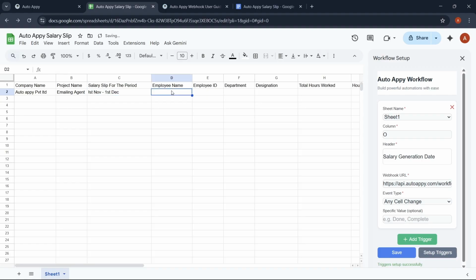And then the employee name I will put Swarali Shirotkar,